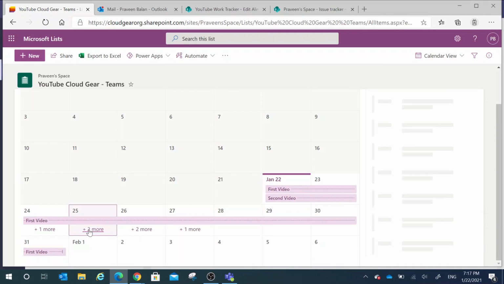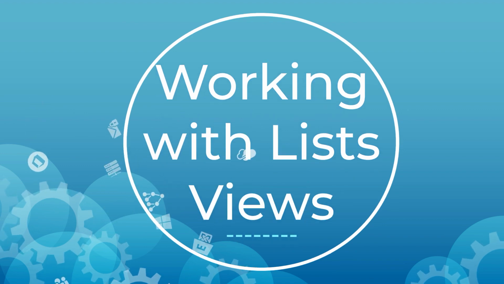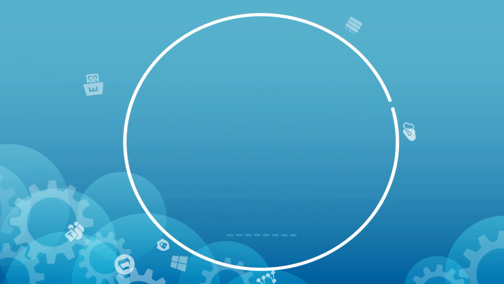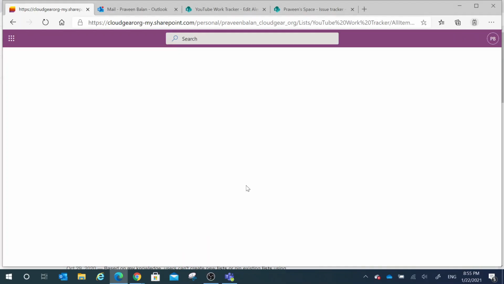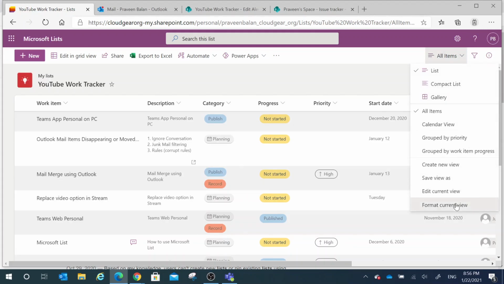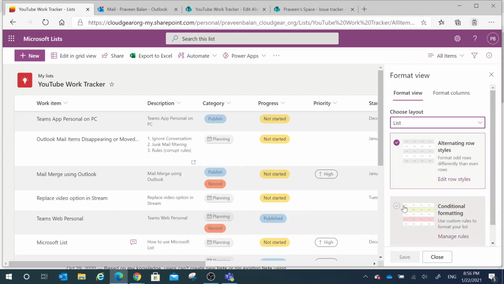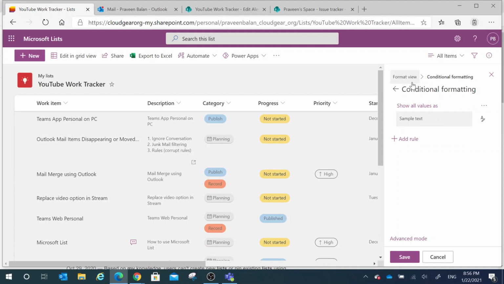There is more that you can do in a list view, and I will cover only a bit of it in this video. There is something called format current view, which means we are modifying the current selected view. In this case, I have chosen the all items list, and I am adding some rules.